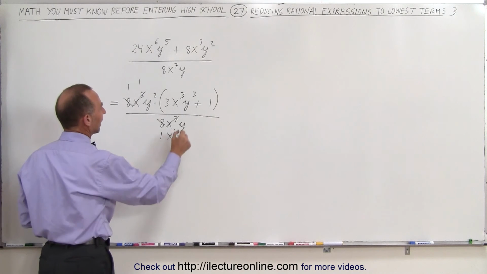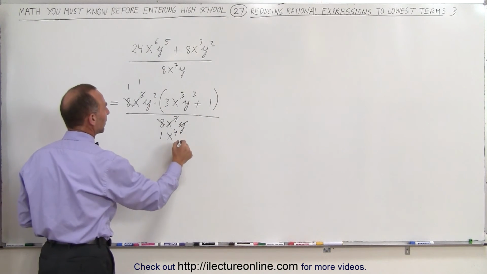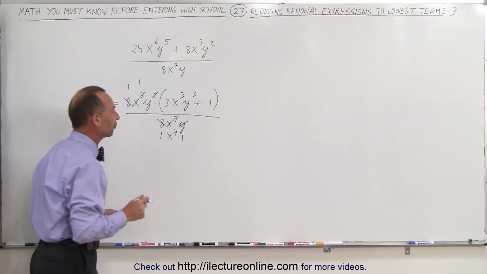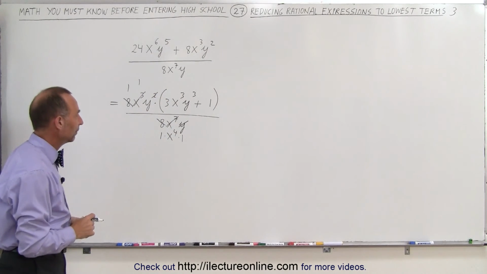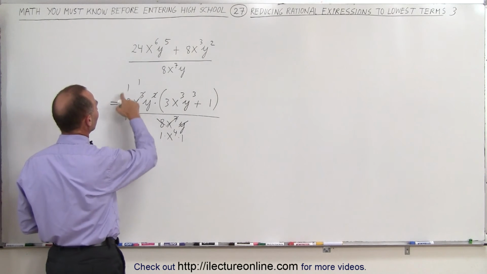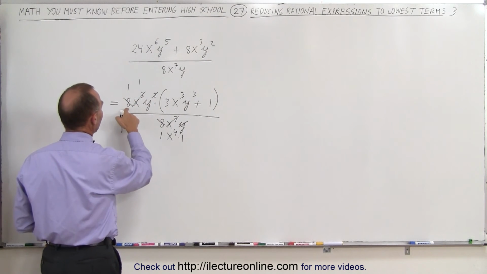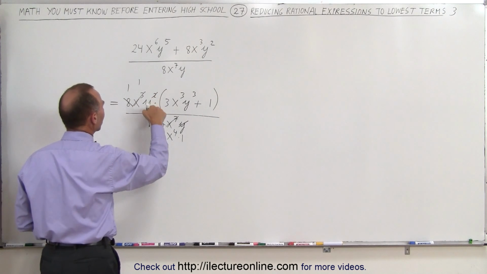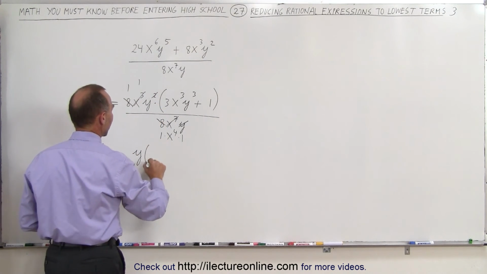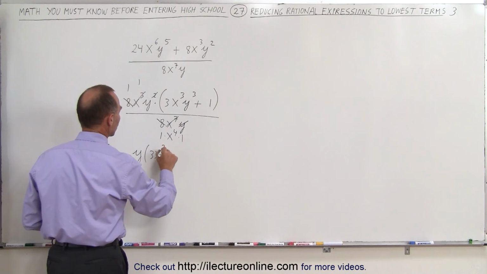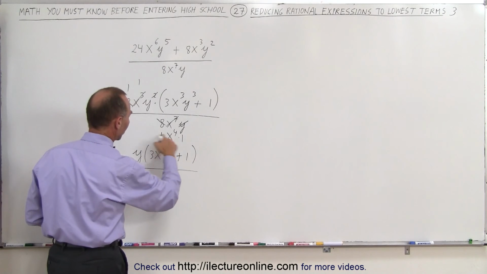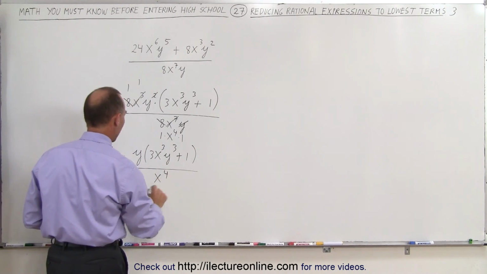And finally, I can divide both the top and the bottom by y. This gives me a 1, and this gives me a y to the first power instead of y to the second power. We can rewrite this as, in the numerator, all we have left, the 8 became a 1, the x cubed became a 1, so it's 1 times y, so we have a y times 3x cubed y cubed plus 1, and in the denominator, all we have left is an x to the 4th power,